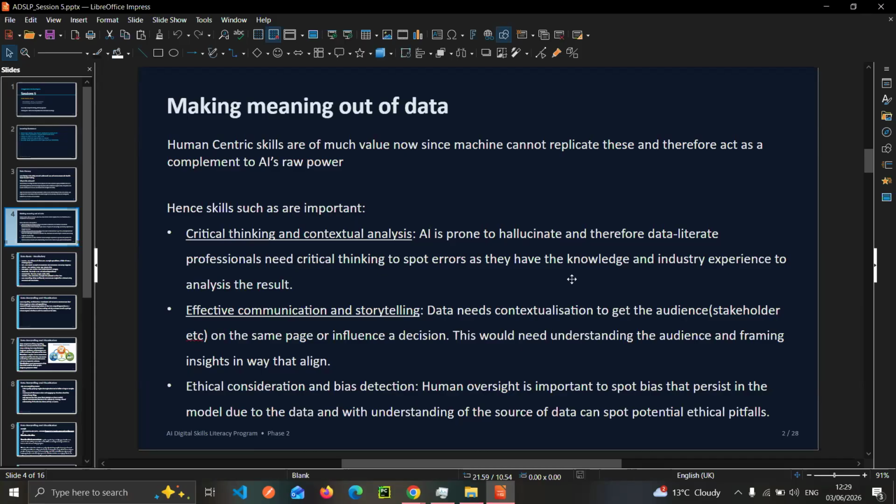The third thing is ethical consideration and bias detection, another important human centric skill. It says human oversight is important to spot the bias that persists in models due to the data, and understanding the source of data can help spot potential ethical pitfalls.